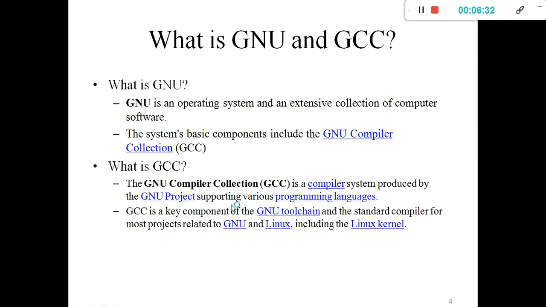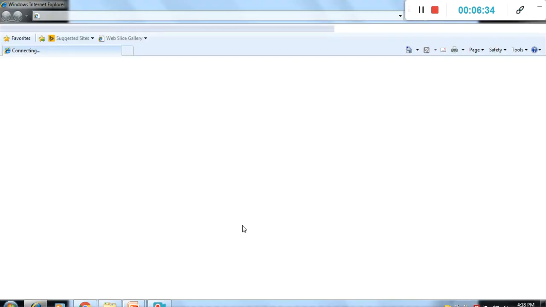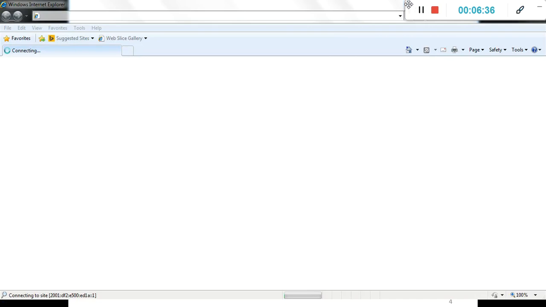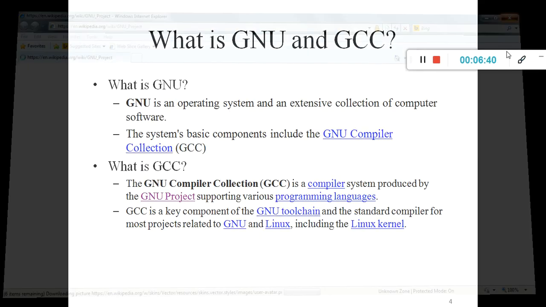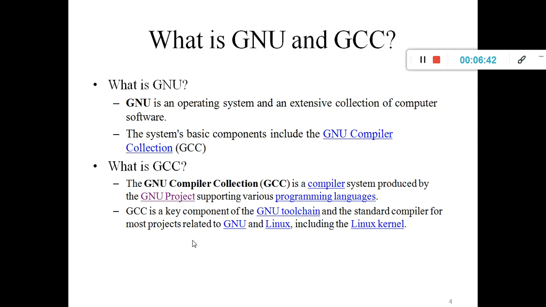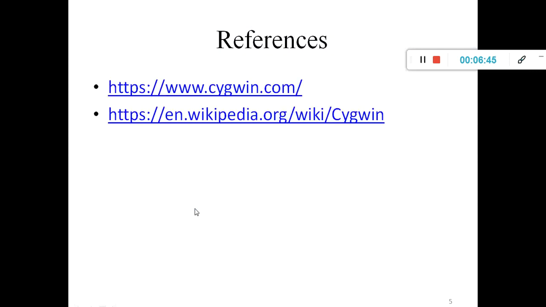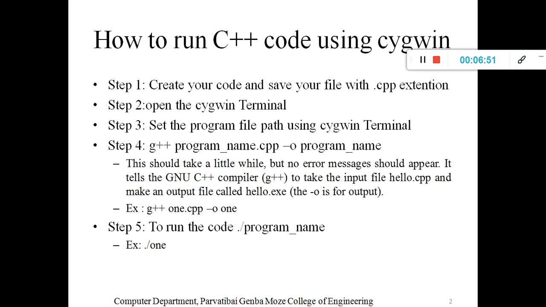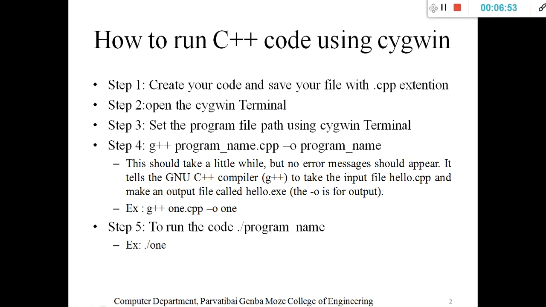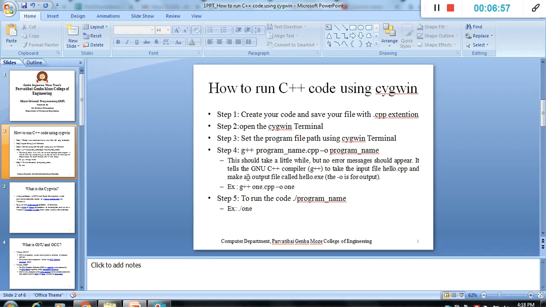That one is simply the explanation about what GNU is. These are the references to help explain this concept. Now we will go through practically how to create and run the code.